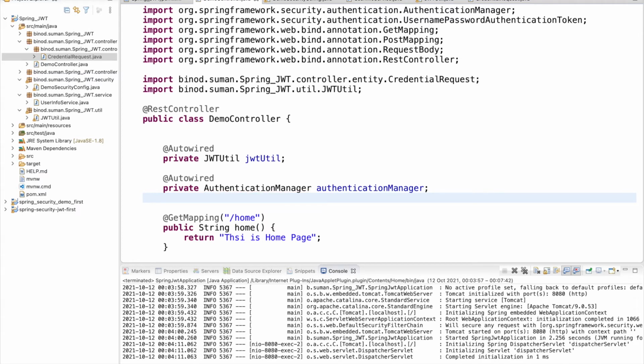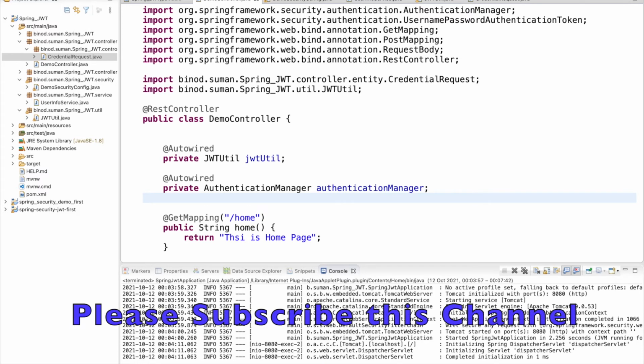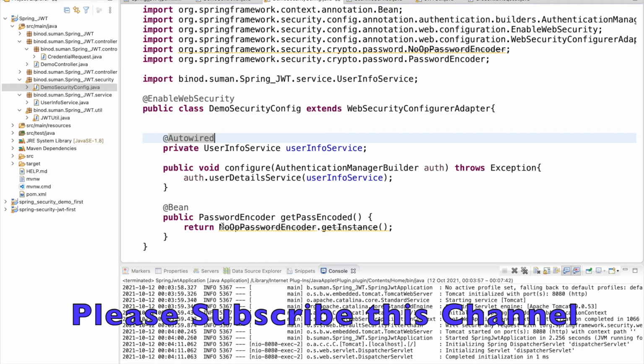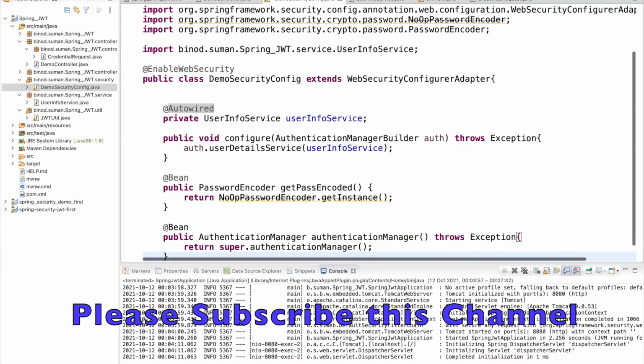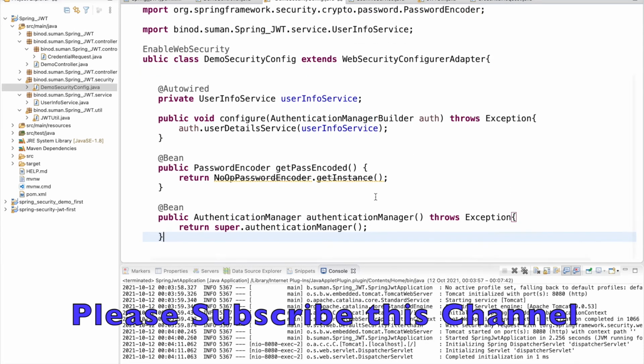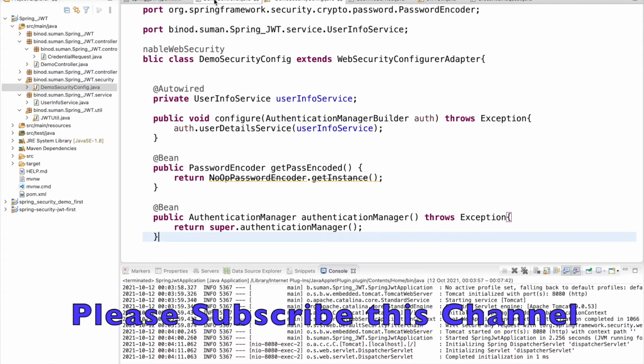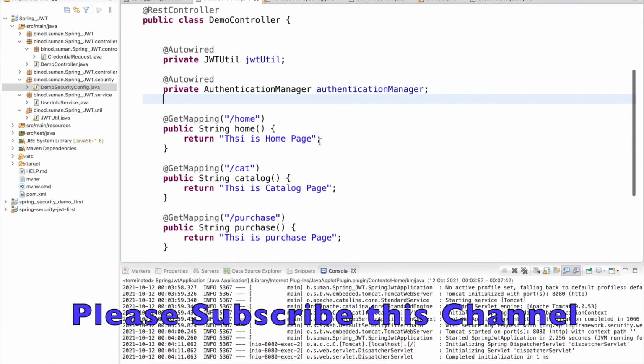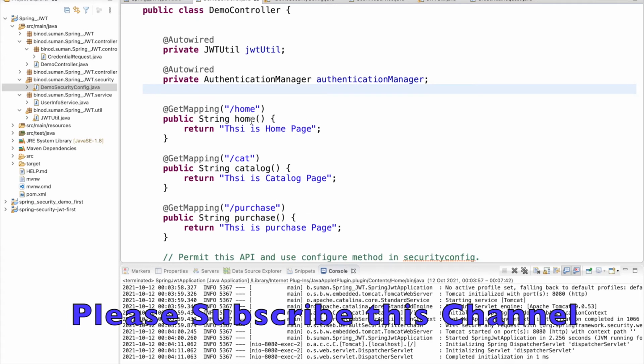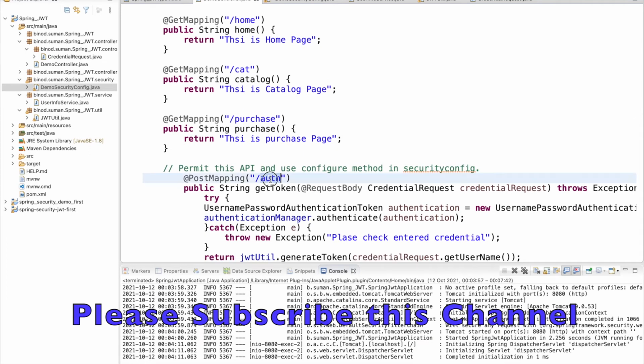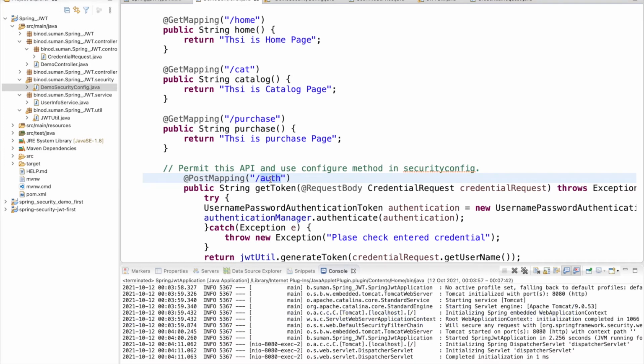So that's why you go to the config class, we have the security config, and here you have to make one bean for the authentication manager, so they can use that, right? And also, just try to understand here, the credential or the token should be applicable to access all the APIs except the auth, right? Because this is the auth API, by which you can generate the validation tokens. So we have to skip the auth, right?